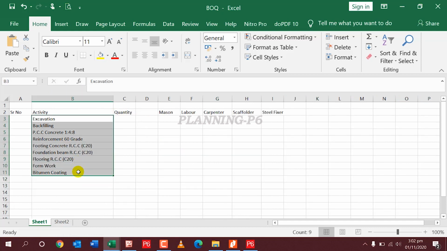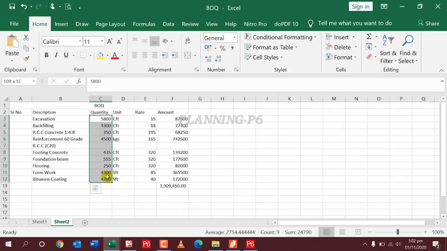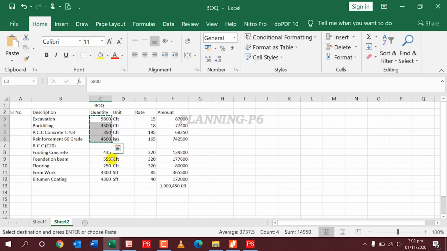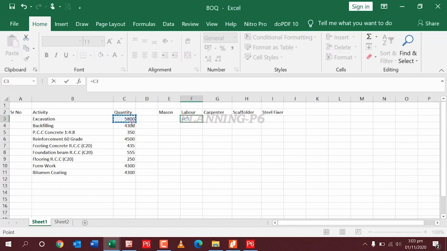Copy the quantities from here. Equal to divided by, I will just calculate hours from here, divided by 100 as its productivity, and into 8 hours.